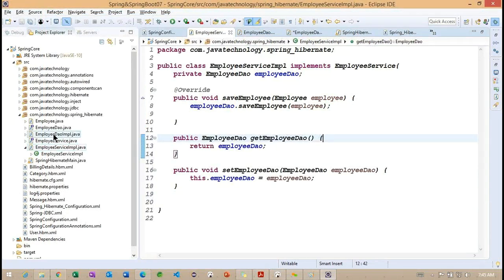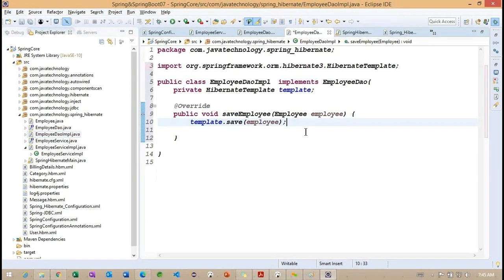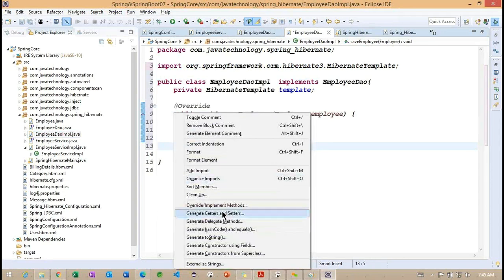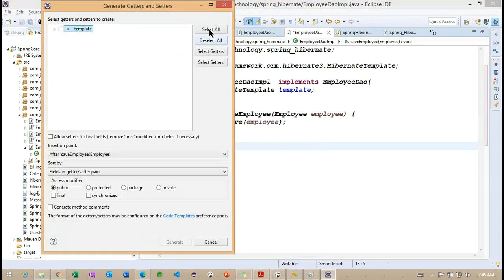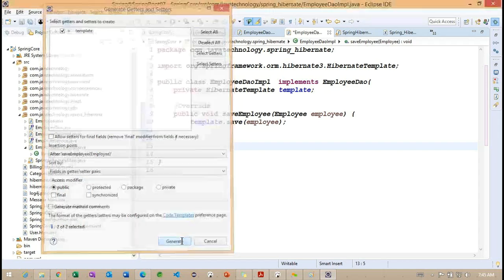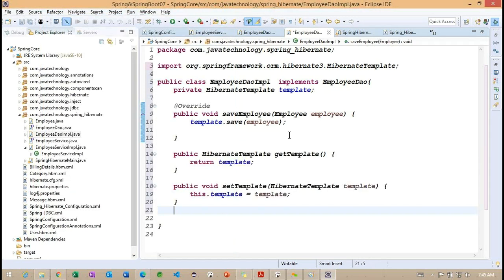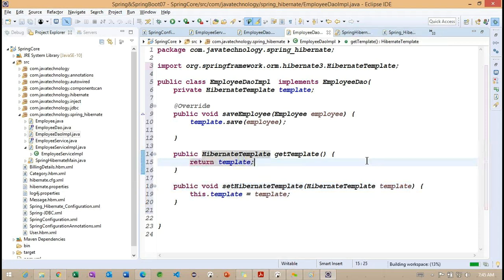Let me generate this particular setter method. Same way, inside this Hibernate DAO, here I want to generate one more setter. Getting the point.